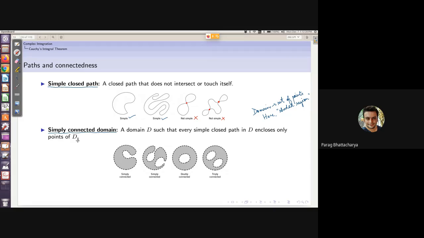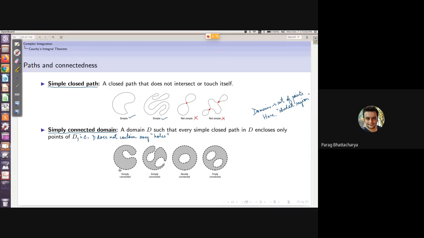In other words, what this means is the domain does not contain any holes. So you can see here, in this case, this dotted line represents the boundary of the domain, and then this shaded region represents all the points which